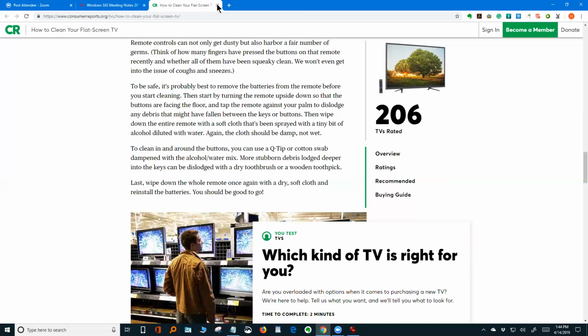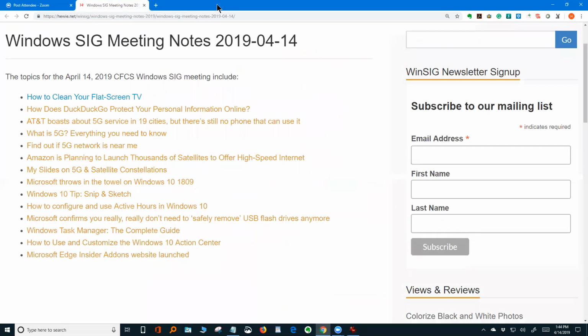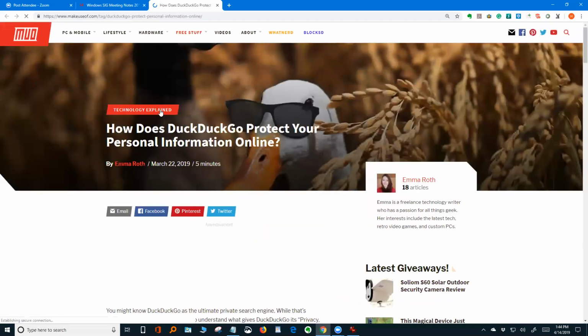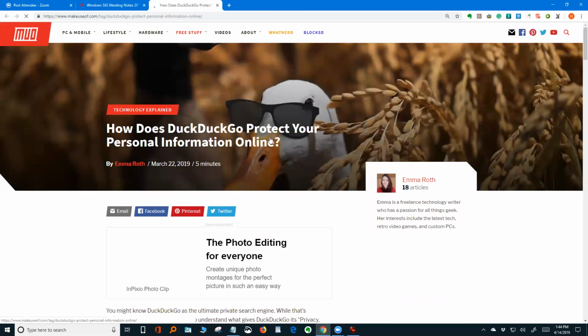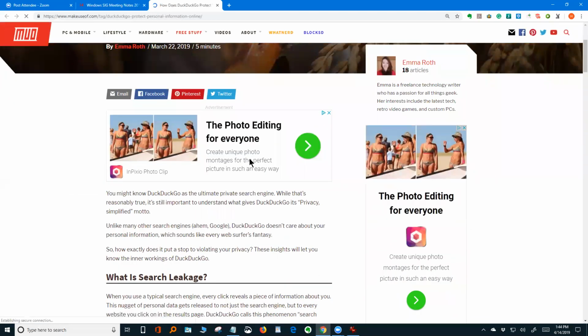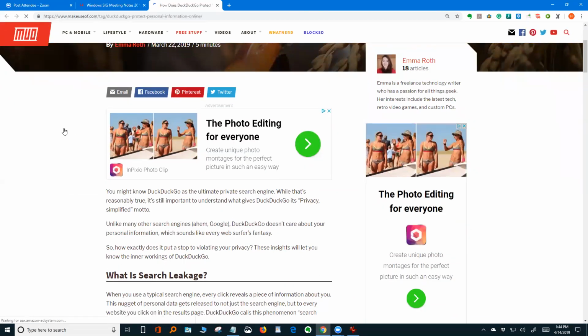So that's that article. The next article is how does DuckDuckGo protect your personal information online? And I found a couple other articles too, and I think one of them has got a link in this article. But if you don't know what DuckDuckGo is, just go to DuckDuckGo.com. And they claim that it protects your personal information online. Instead of using Google or instead of using Chrome,